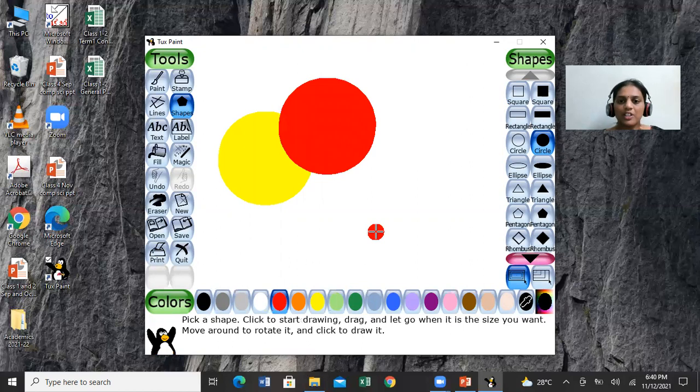Now you can see there are 2 different circles with different colors.